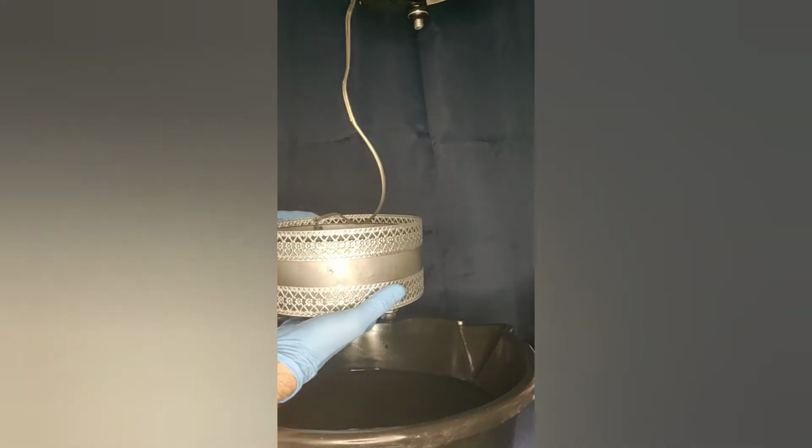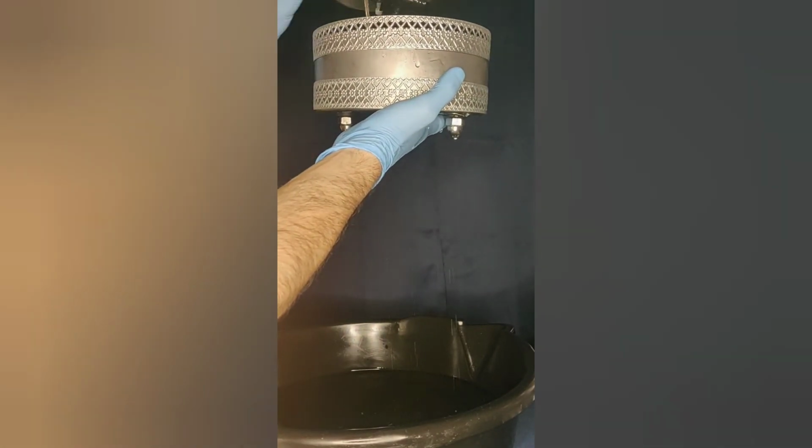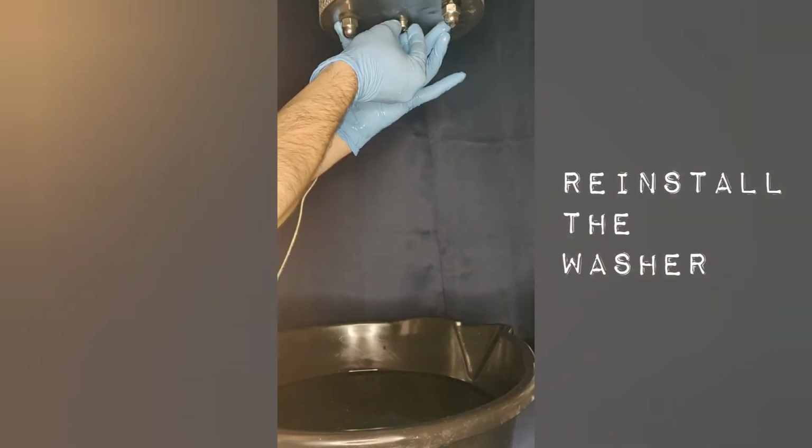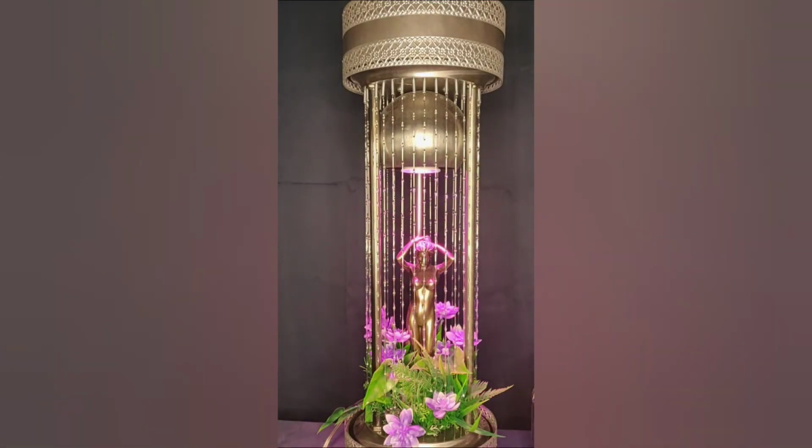Putting it back together is basically doing everything in reverse. You're going to put the basin back on, reinstall the washer, and reinstall the foot. And of course also reinstall the drain foot. And there you go, you've got your